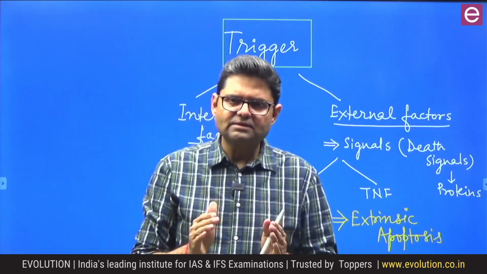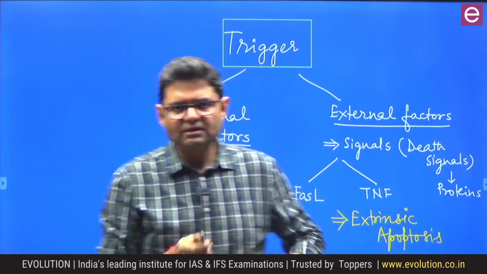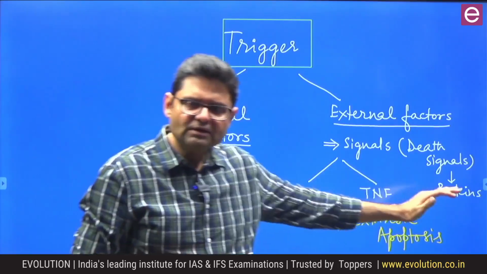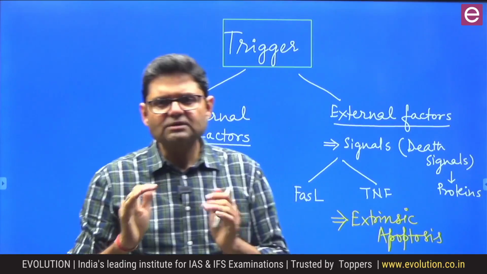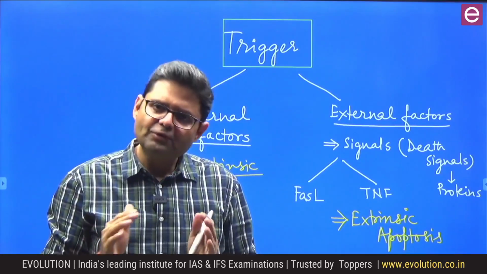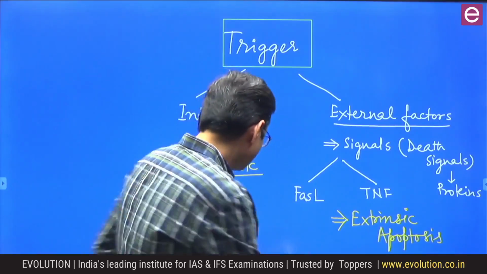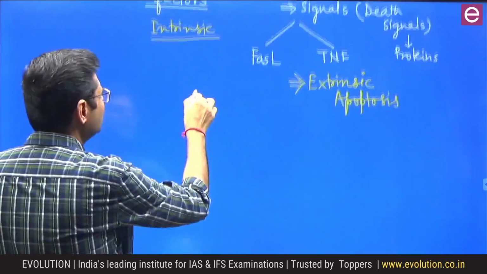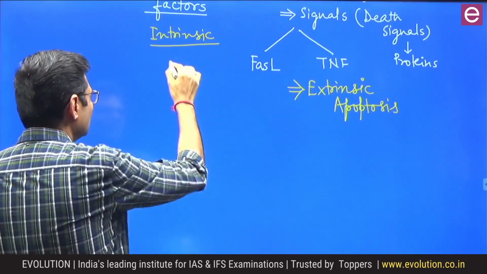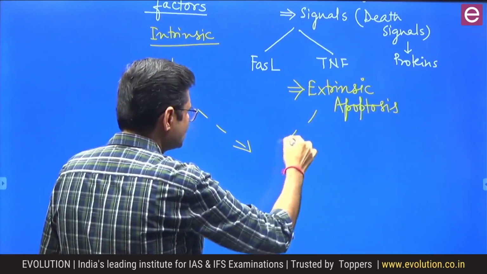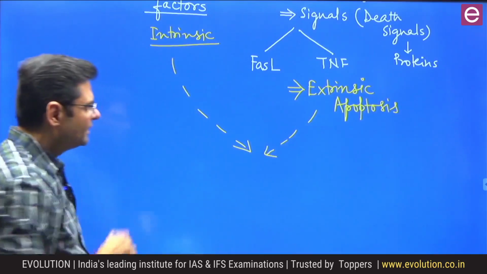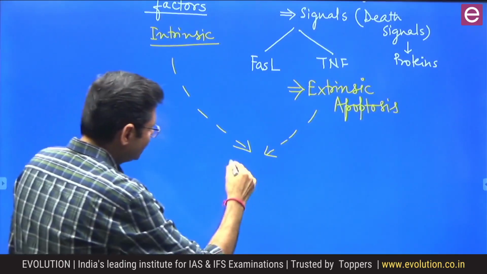Whether the cell is dying intrinsically or extrinsically, in either case, there is a certain group of proteases which will be activated. So be it intrinsic or extrinsic, they both lead to a pathway